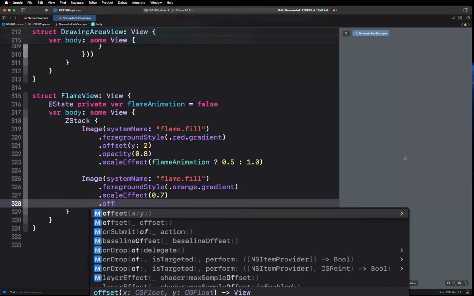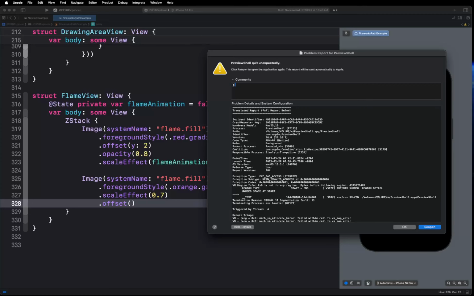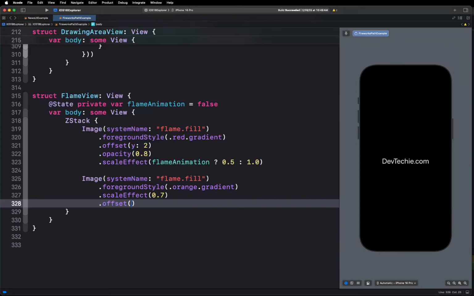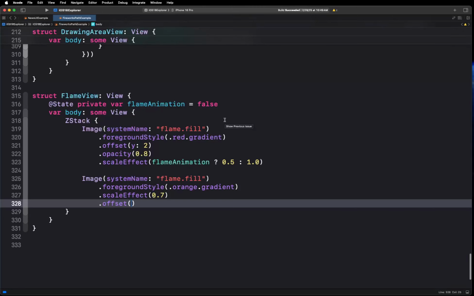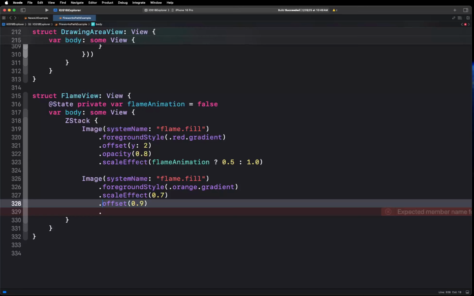Let's go ahead and set the offset value at the y. The offset value will be 0.9, and then the offset is y-axis -2,